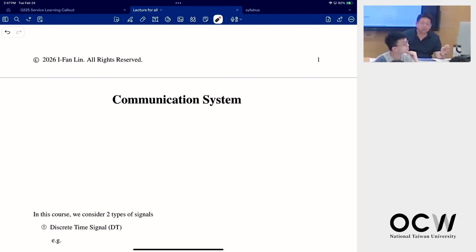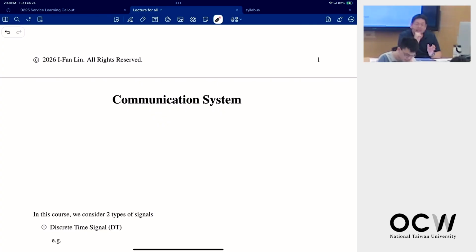Once I receive sound or speech, in the computer world, they need to digitize it to 0 and 1. So this is a system that changes all the continuous signals into discrete. And then later on, they do something,